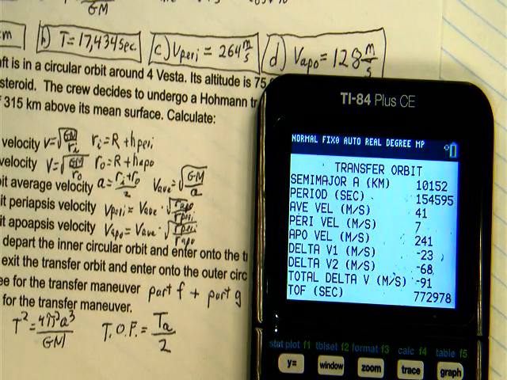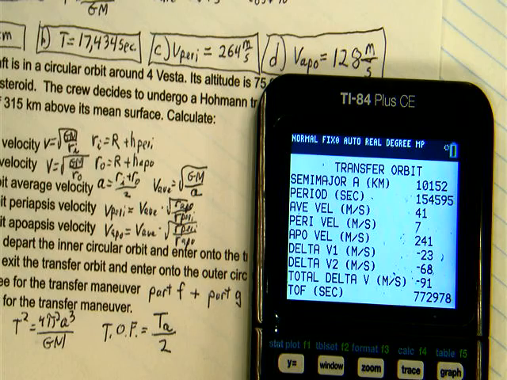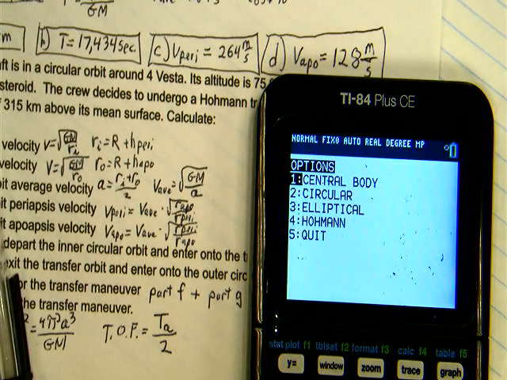The transfer orbit average orbital velocity is 41 meters per second. The transfer orbit periapsis velocity is flawed. There are clearly mistakes on all of these answers. Okay, so either I have a programming error or I put the wrong numbers into the calculator. So I'm going to just start all over